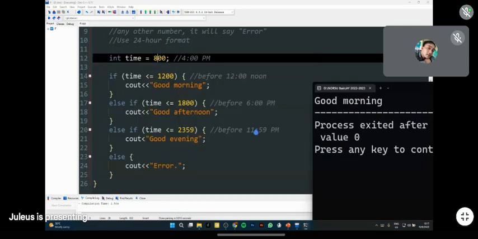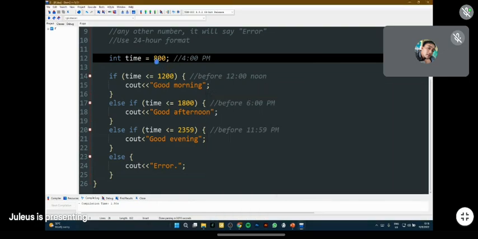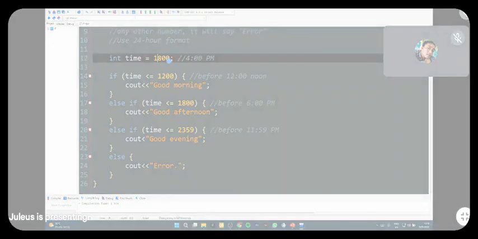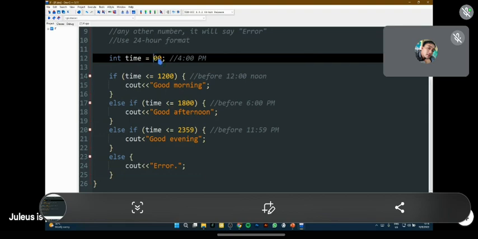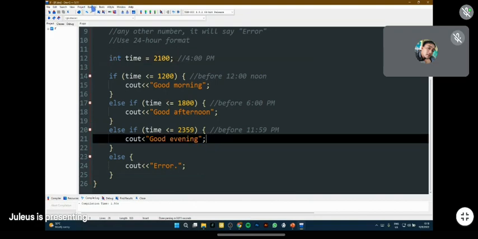So notice that it did not proceed to the next condition, because the first condition was already met. So therefore, the first condition is executed. All right? And then let's change it to, let's say, 2100, which is 9 p.m. So it should say good evening. All right, let's check.